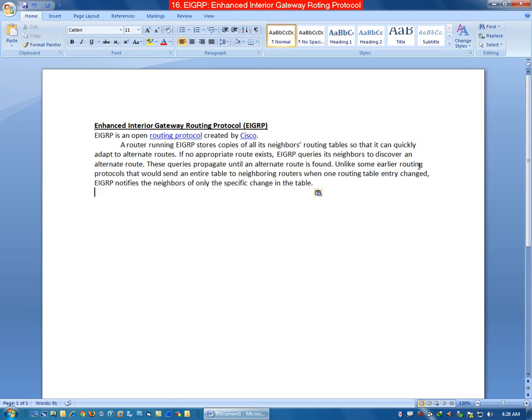These queries propagate until an alternate route is found. Unlike some earlier routing protocols that would send an entire table to neighboring routers when one routing table entry is changed, EIGRP notifies the neighbors of only the specific change in the table. Let's see EIGRP